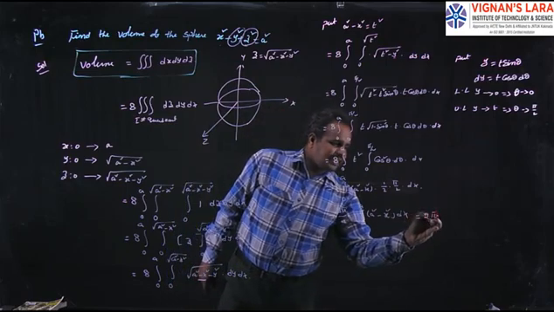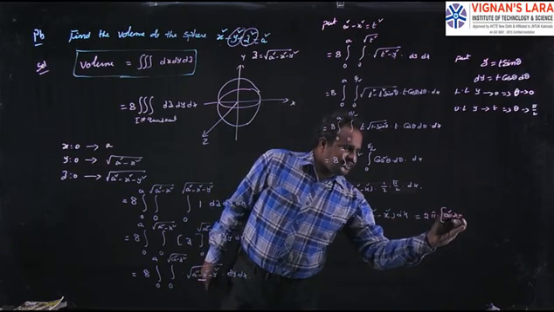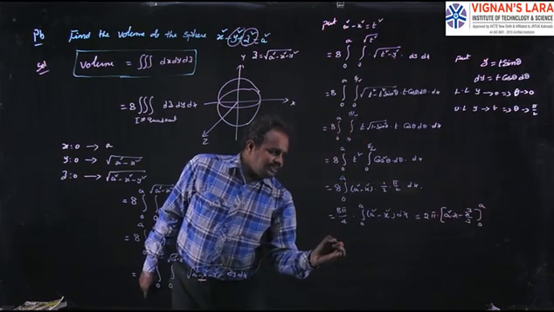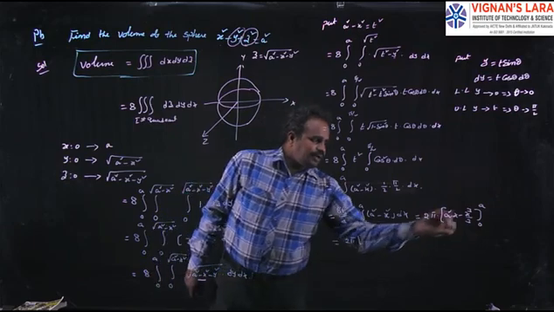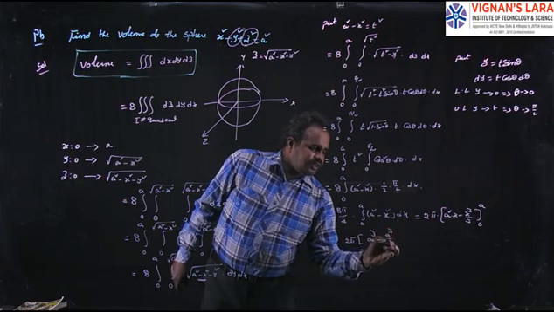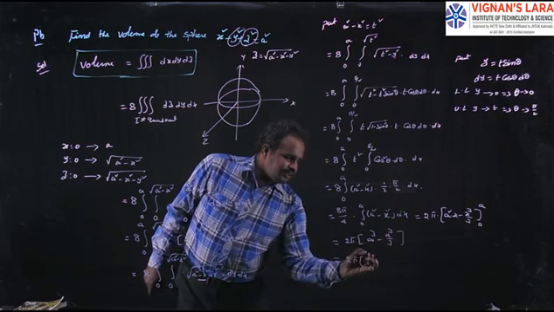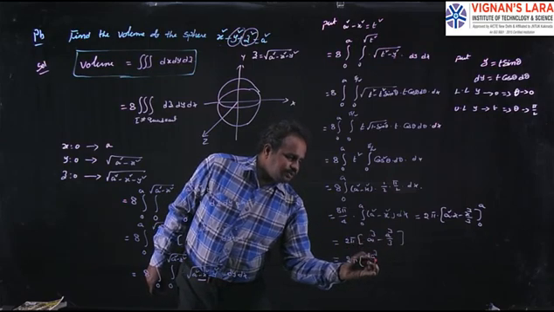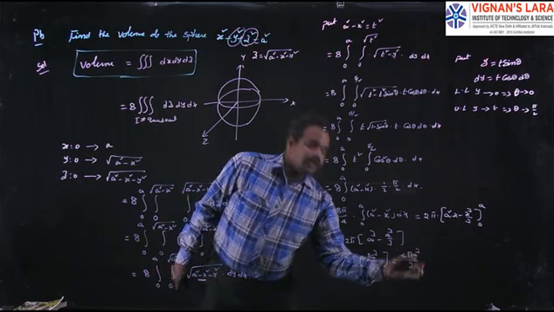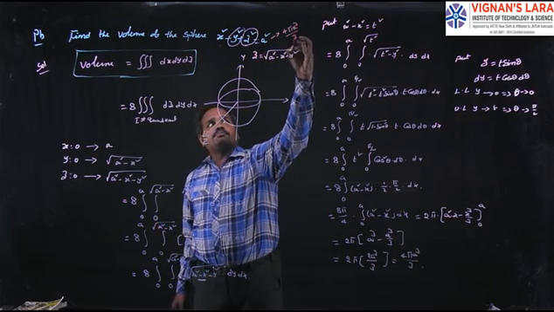Which is equal to 4, 2 times getting cancelled, 2 pi. Make integration with respect to x: a square into 1, integration of x square is x cube by 3, limits are 0 to a, which is equal to 2 pi into upper limit a square into a, a cube, minus x value a cube by 3, lower limit becomes 0, which is equal to 2 pi into 3a cube minus a cube, 2a cube by 3. 2 twos are 4, so 4 pi a cube by 3. We are all aware that the volume of this sphere is 4 pi r cube by 3.